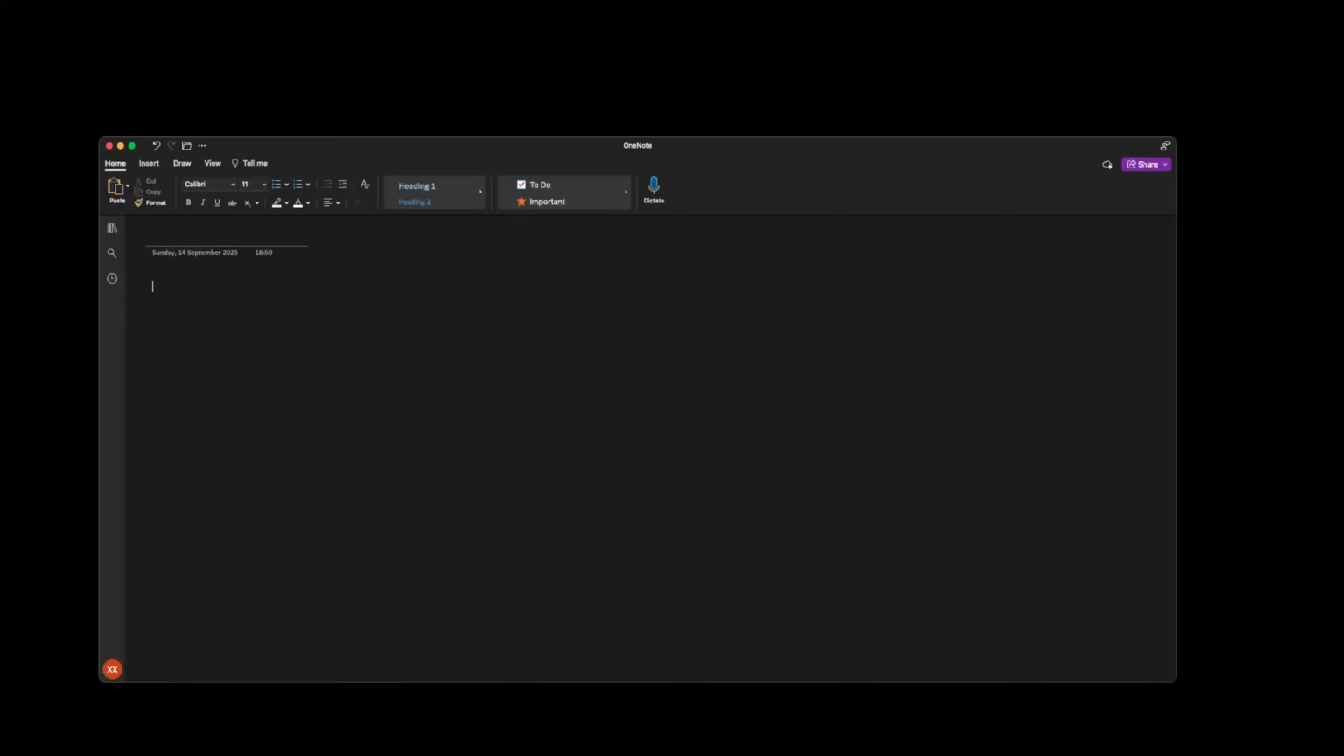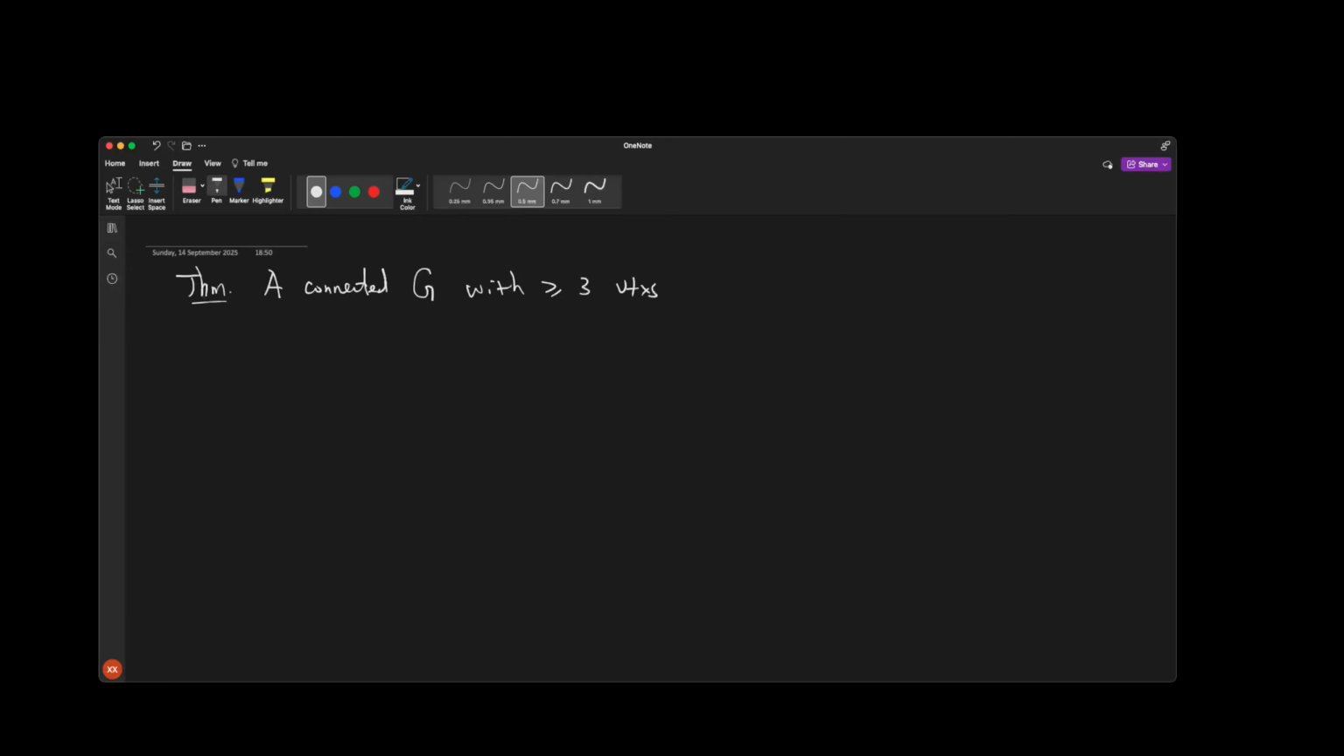So there is some leftover material from last class. I'm going to use this part to explain this theorem. A connected graph G with at least three vertices has no cut vertex if and only if for any